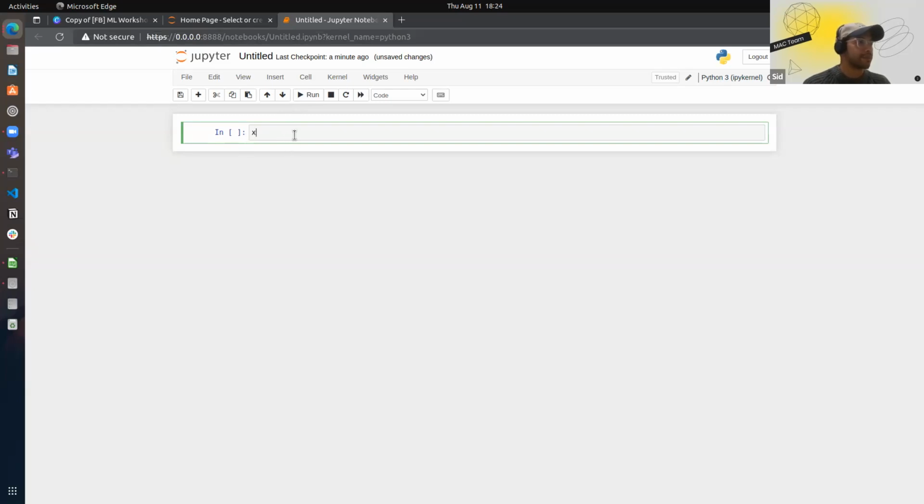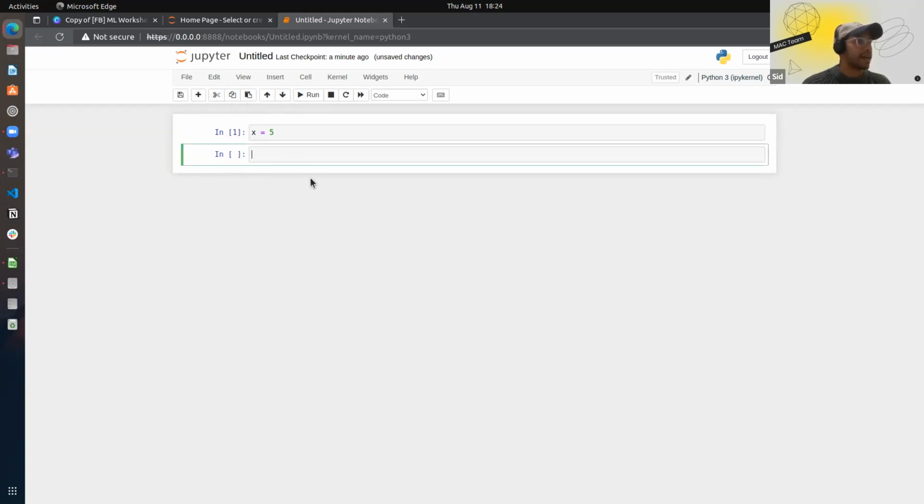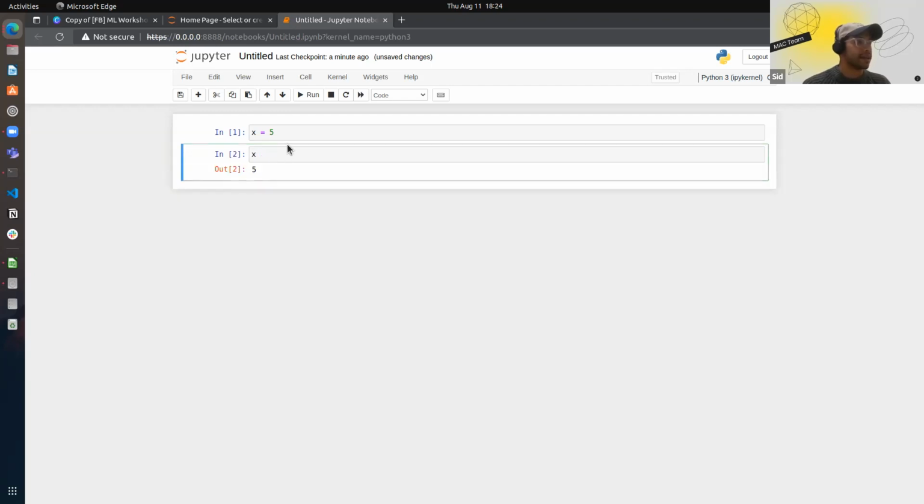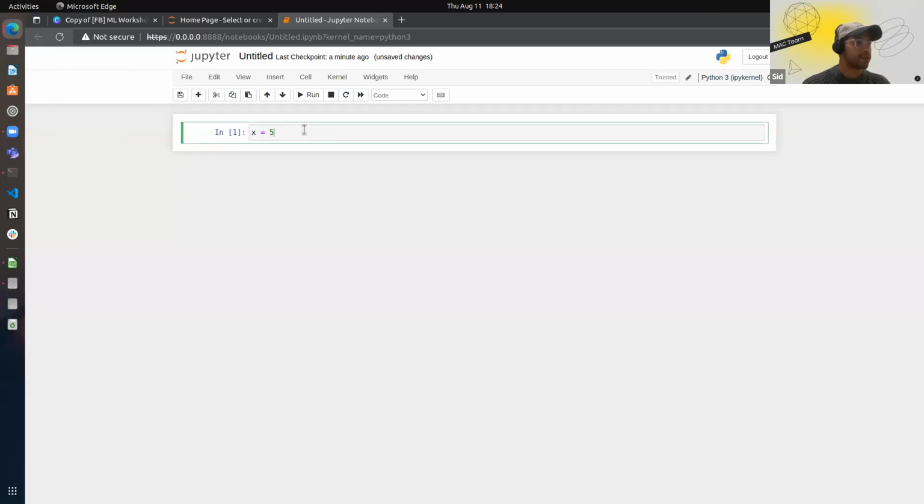So let's say, for example, I do x equals 5, and the way you can run a cell is you can click run here, or you can press Control plus Enter, or Command plus Enter probably for Mac. And then let me add a new cell. And if I just print out x here, you'll see that it's sharing the same memory. So the cells are not isolated, all right? So going back to downloading the data,